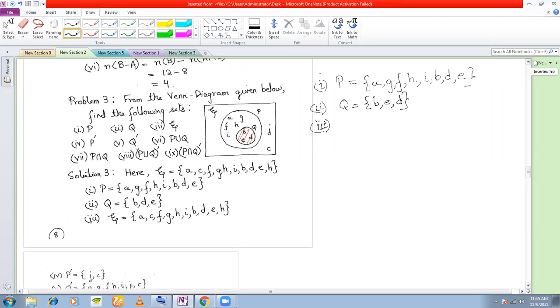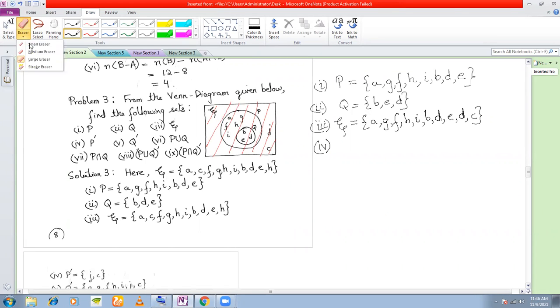Okay. Next one. The next question is Xi, or the universal set. Now, which one is the universal set? Whatever letters are there within this entire rectangle, whether outside the circle or inside the circle, this will be your Xi, or the universal set. So for the universal set, you can write down all the letters. Any other letter that I might have missed out? No. So these are the elements of the universal set.